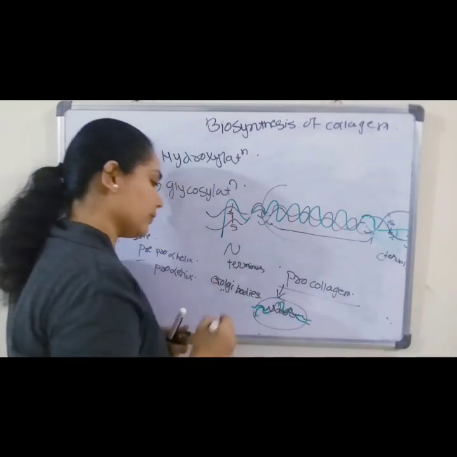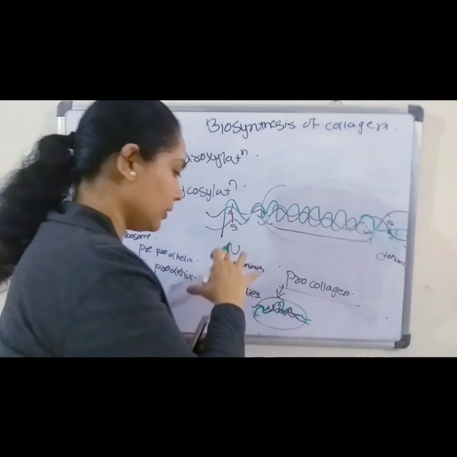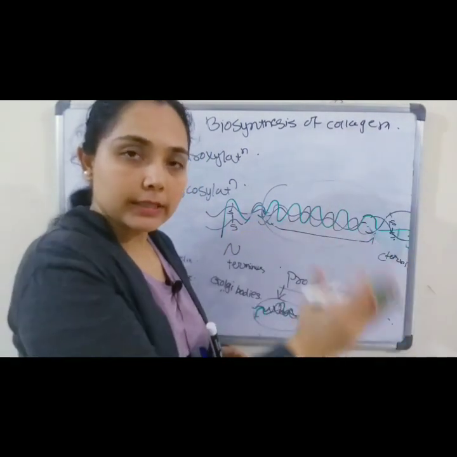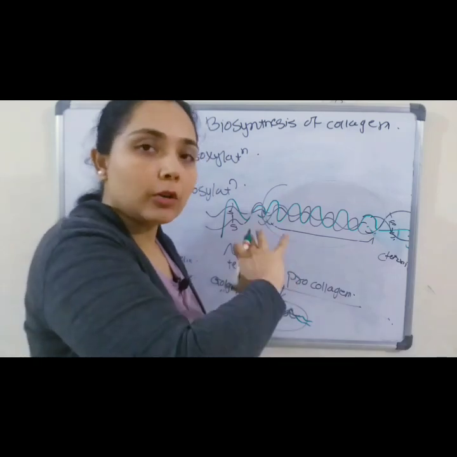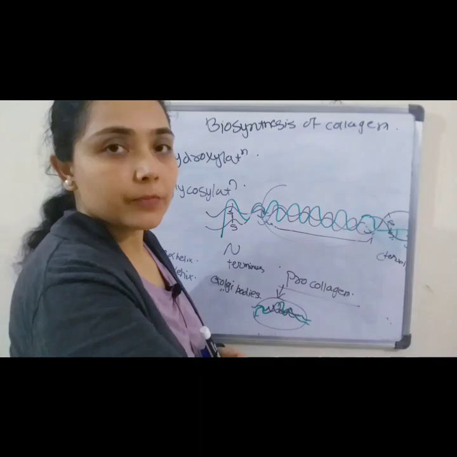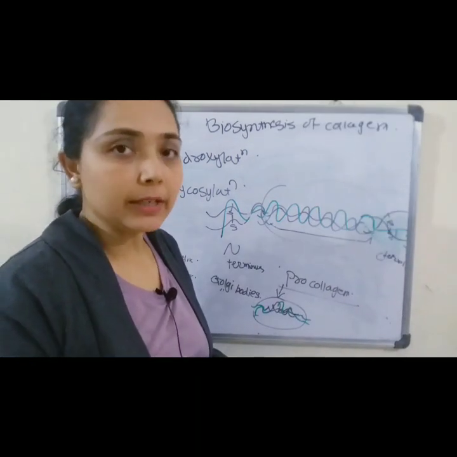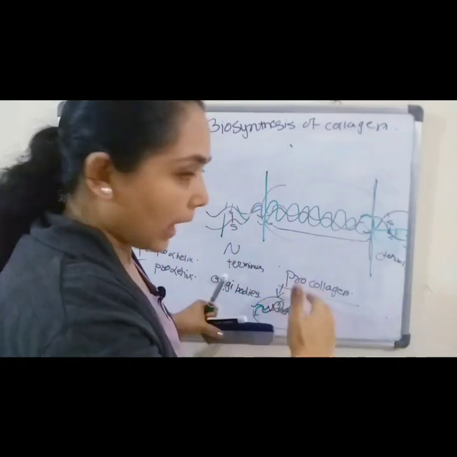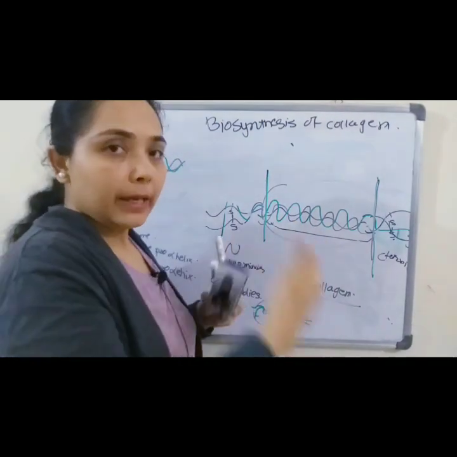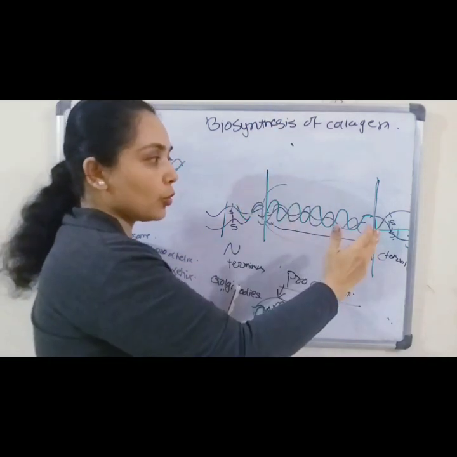So this procollagen will be packed into the vesicles of the Golgi bodies. All this modification takes place intracellularly. After it is assembled in the Golgi bodies, this procollagen will come out of the cell, and then some extracellular modification will take place. So now, after coming out from the cell, this procollagen